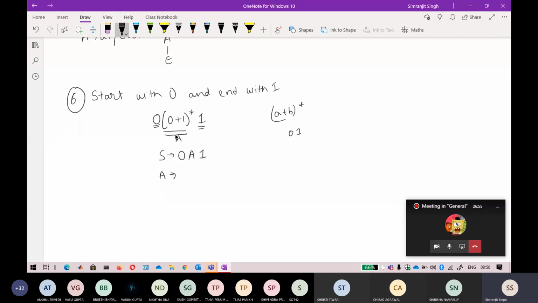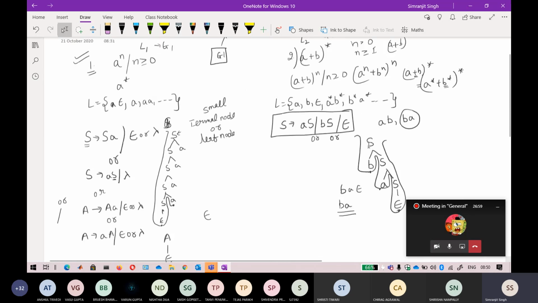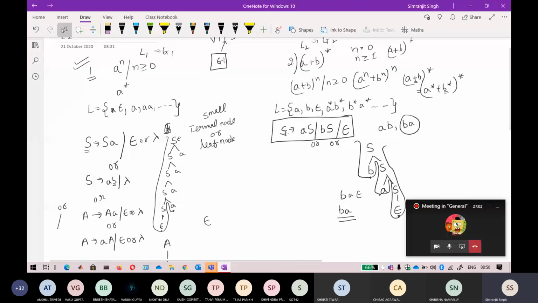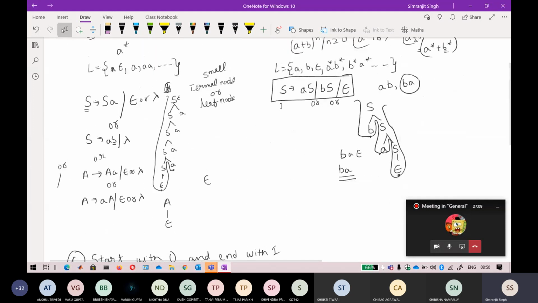So A is the same thing that you have already done. If you go to the construction of this grammar, that is S equal to aS and bS and then epsilon. Okay, so S equal to aS. Now see, the variable here it is S, here it is S, and then for b in the right hand side it is S. You can also inverse the order. You can also write it like this, so it is also one and the same thing as Sa, Sb and then epsilon. It is one and the same thing.